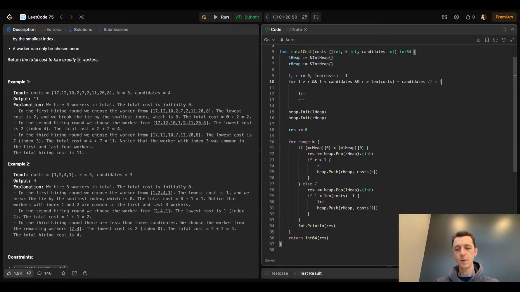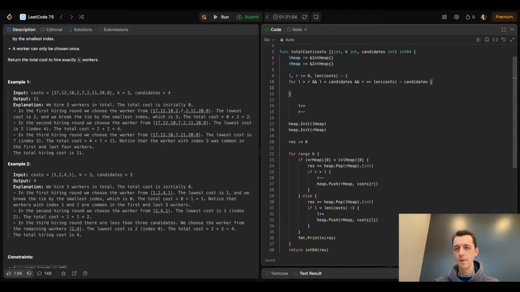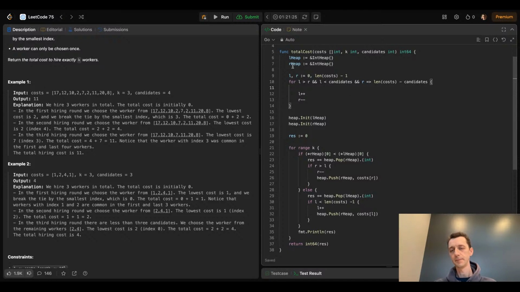With index 9, 1, 2, 3, 4, 5. We do want to include 5. So length 10 minus... bigger or equal. Yeah, essentially it's like that. And yeah, these pointers will be moving towards each other. We are, and we'll be reading data from